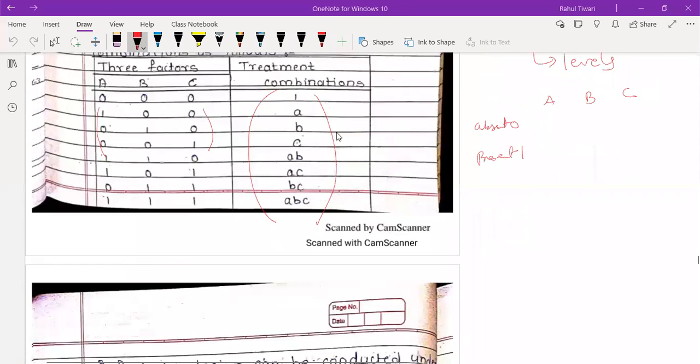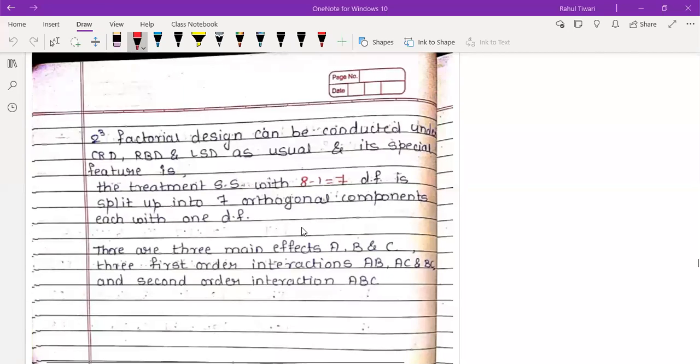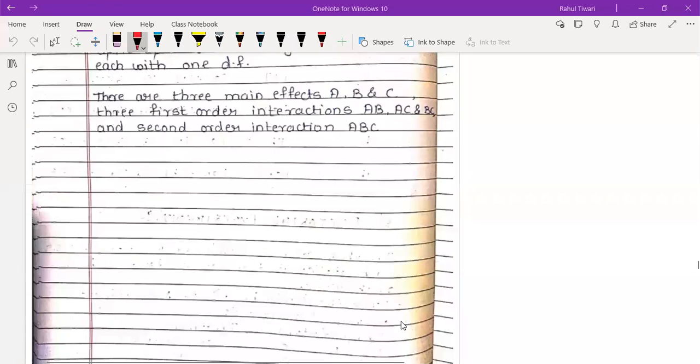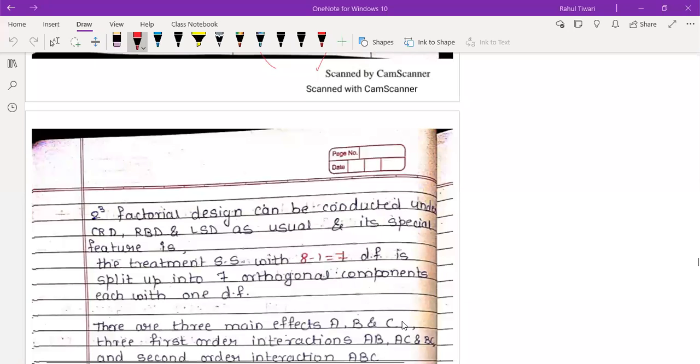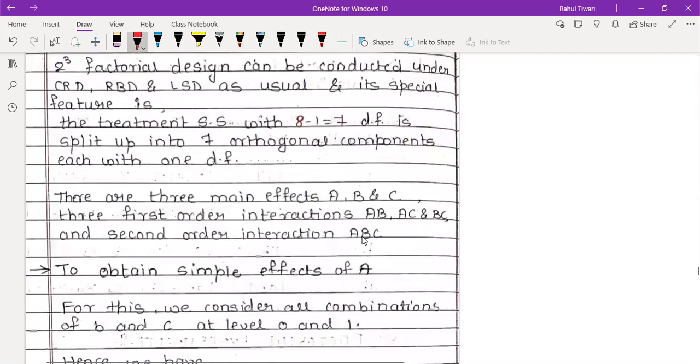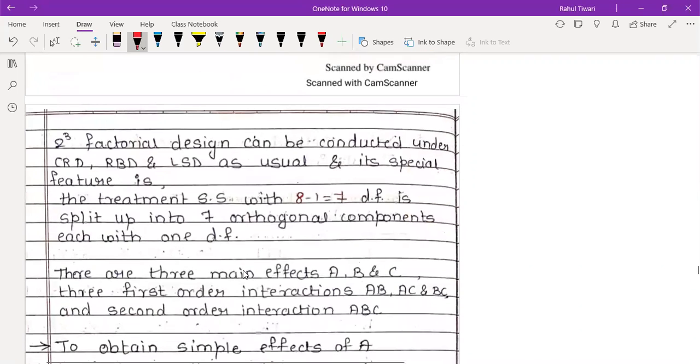Very nice. So remember, this is the treatment combination. And once you understood the treatment combination, the task becomes very simple, because exactly the same way we have to proceed. So I will just cancel this one. Okay, this is the extra part added in your chapter. Just imagine, as I said, we got the 8 treatment combinations. That means if I'm interested in getting the degrees of freedom, 8 minus 1 gives 7 degrees of freedom. Total, I will say total observations.